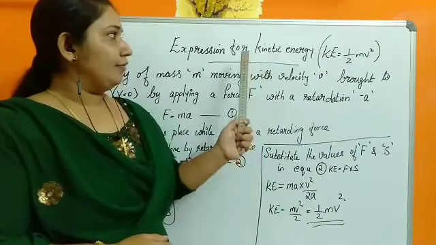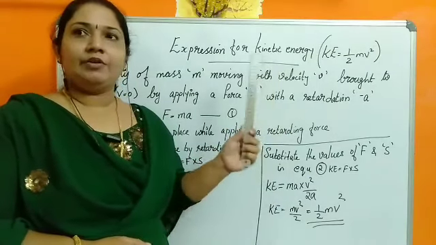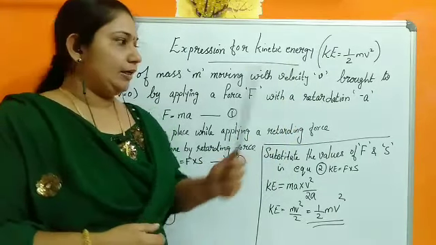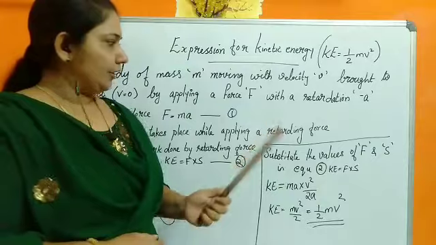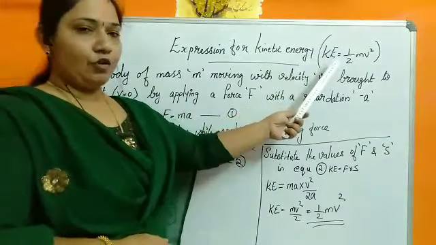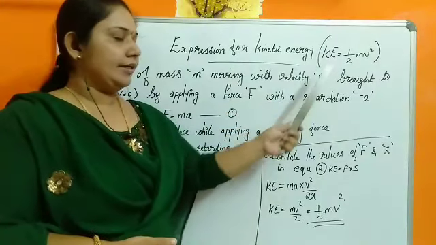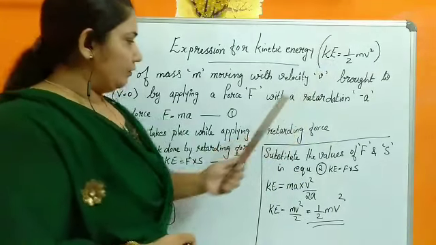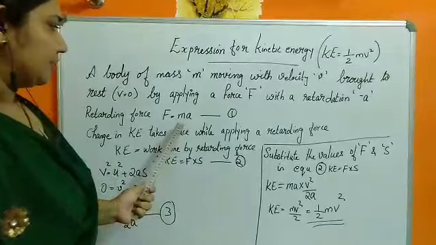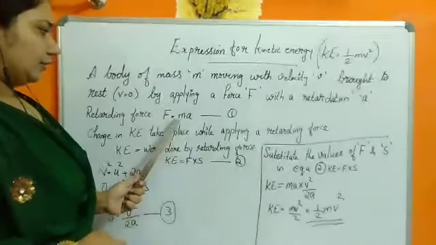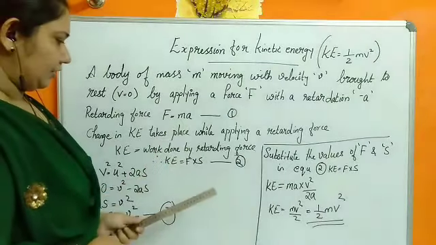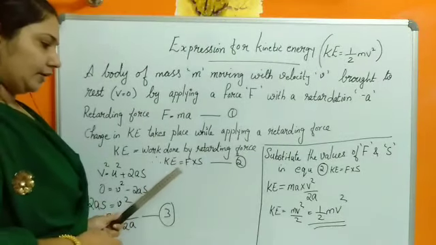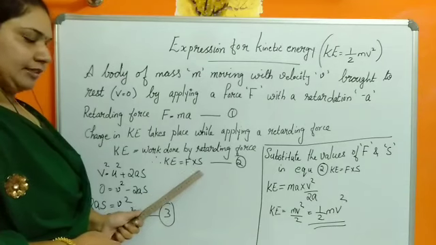But now when we study to derive the formula, we will get a link between different formulas. So here you can see the first formula we are going to derive is kinetic energy, half mv square. For deriving it, we are using different formulas like F is equal to ma, that is, force is mass into acceleration, and we already studied that work done is force into displacement.